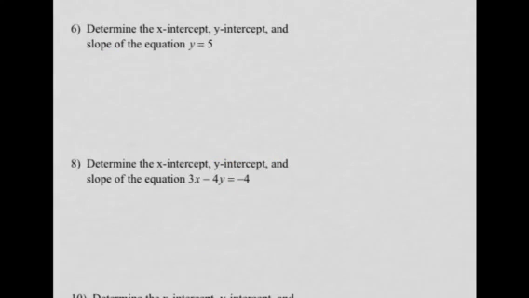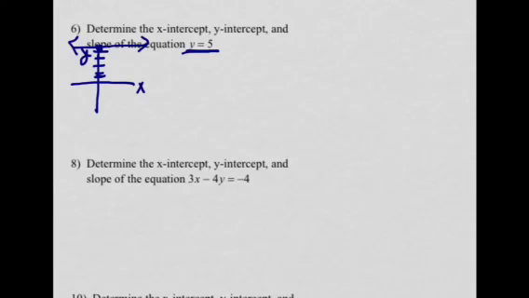Alright, let's try another example. Okay, again we want the x-intercept, the y-intercept, and the slope of the equation y equals 5. Well, in the equation y equals 5, let's remind ourselves what this looks like. This simply says, here's our x-axis, here's our y-axis, that this line crosses where y equals 5. So if 2, 3, 4, 5. So if we say y equals 5 here, this just has this horizontal line drawing through it, which